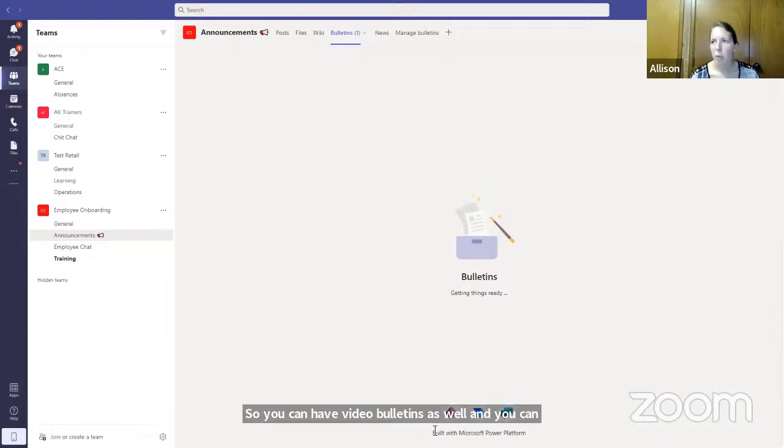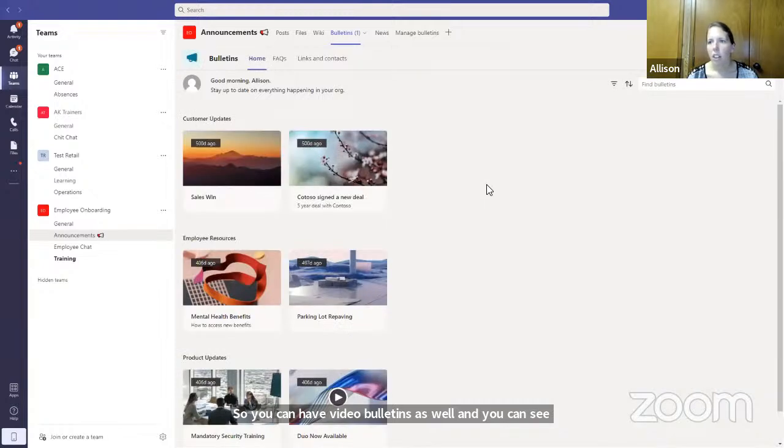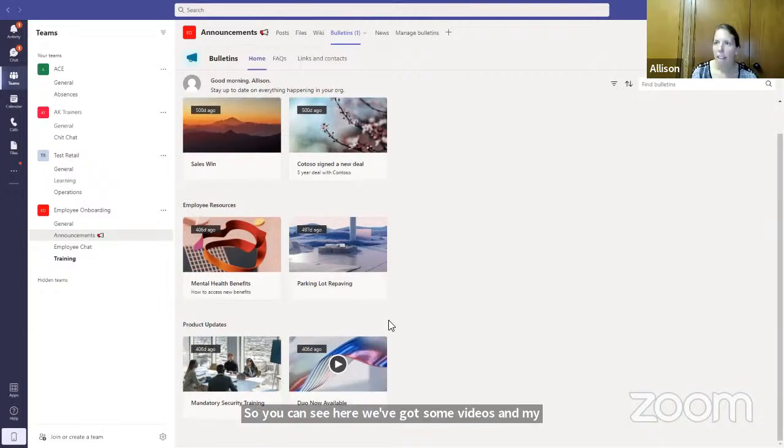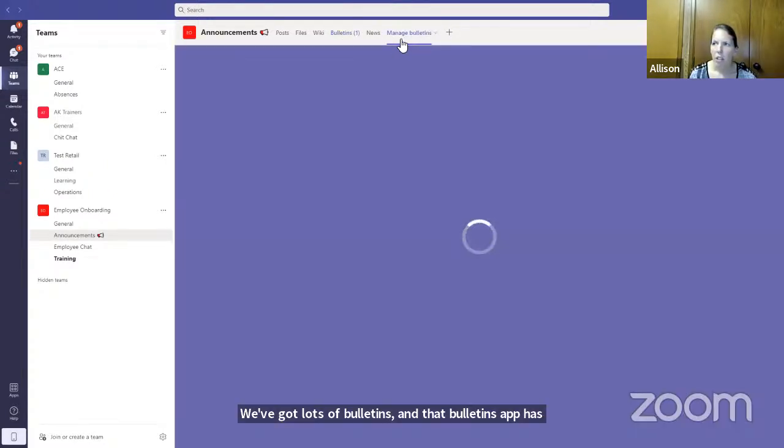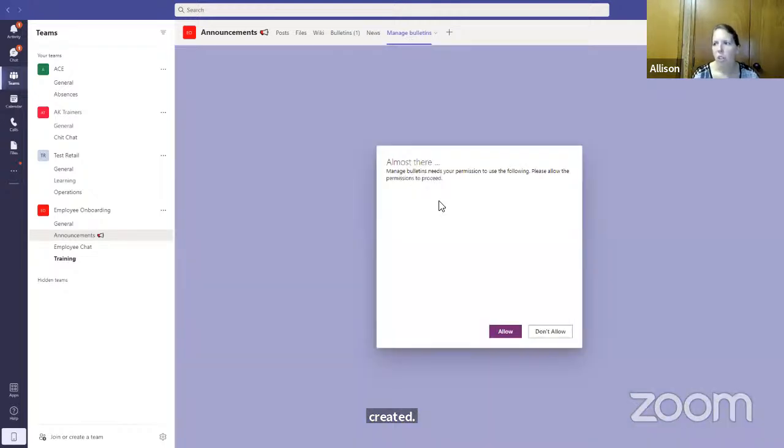And you can see this is built with the Microsoft Power Platform. And so this is using a little bit of Power Apps, Power Automate, to be able to take information from one place and share it with your employees and your customers. So you can see here we've got some videos in Microsoft Stream. We've got lots of bulletins. And that bulletins app has created a manage bulletins tab as well, where we can go and add new content